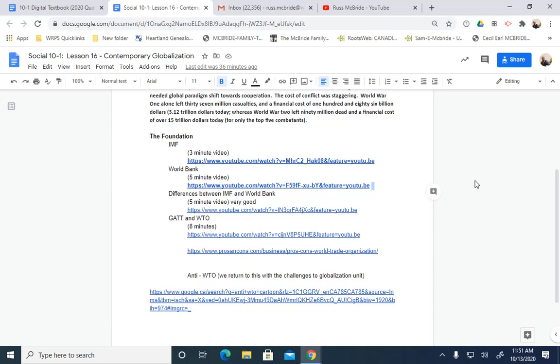So we're about to look at a video on the IMF, and one on the World Bank, and then one about the similarities and differences. After the videos, I want you to be able to tell me what they each do, what they do that's similar, so what they have in common, and how they are different. So the Venn diagram on page 228 is a start, but I want to add to that. And that's really our main objective leaving here today in the second half of chapter 9.